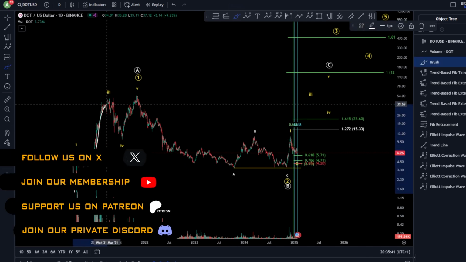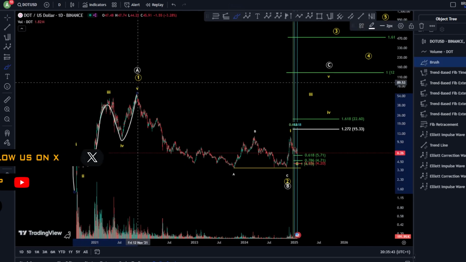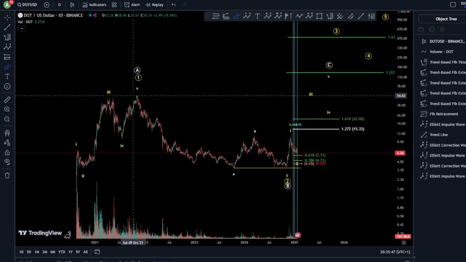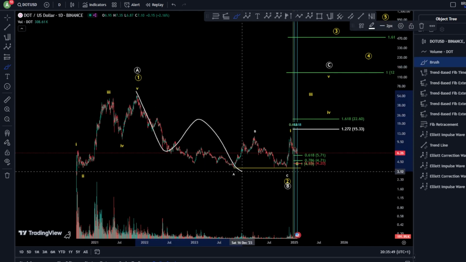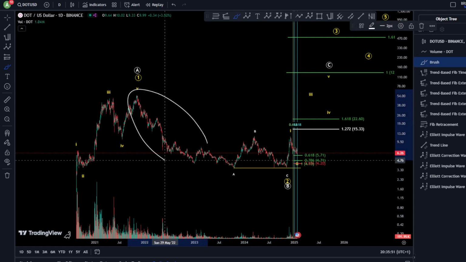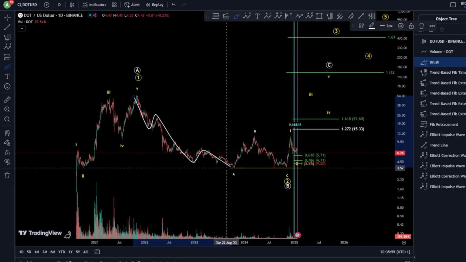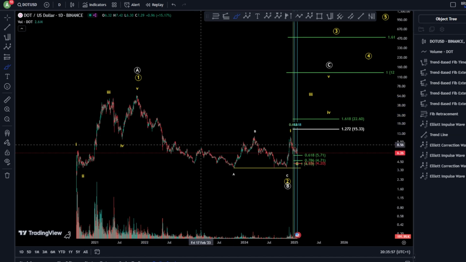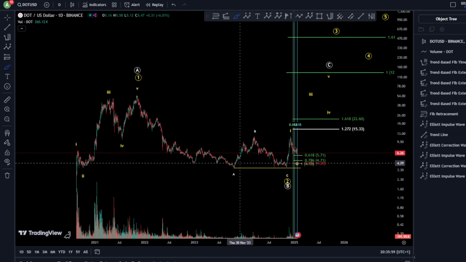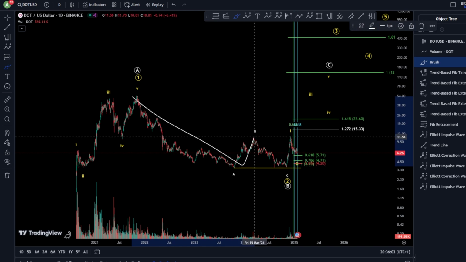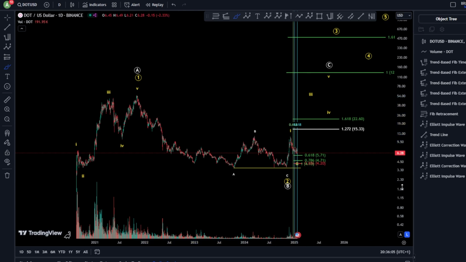Starting on the daily chart, we're looking at 1, 2, 3, 4, 5 towards the upside, finishing wave 1 or wave A. In both scenarios, you would like to see 3 corrective waves towards the downside. However, this long wave was not 3 waves, rather it was 5 waves towards the downside as an impulse. After this impulse finished wave A, probably you have a wave B and probably another wave C towards